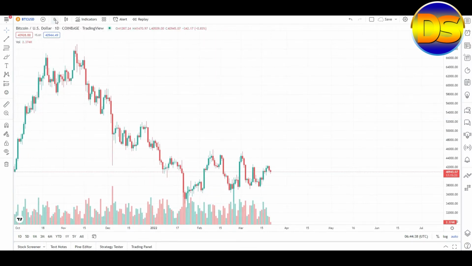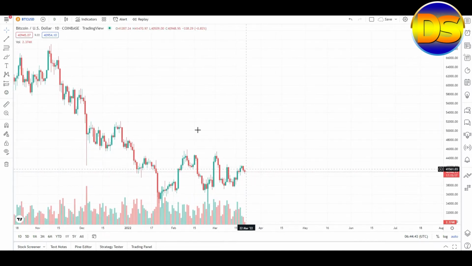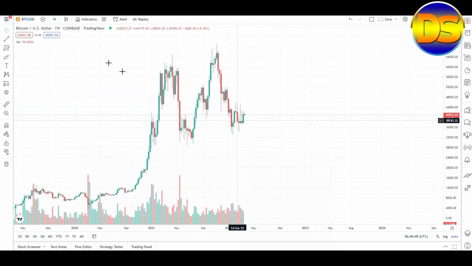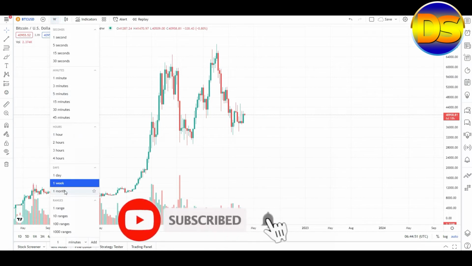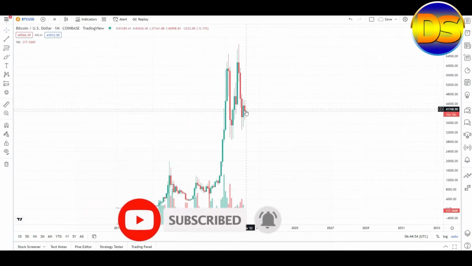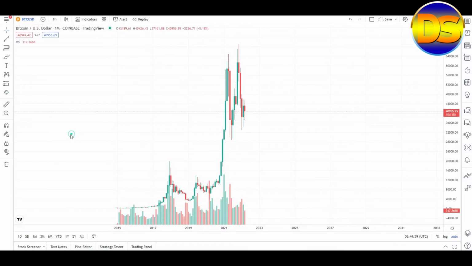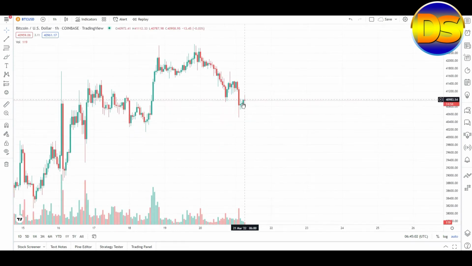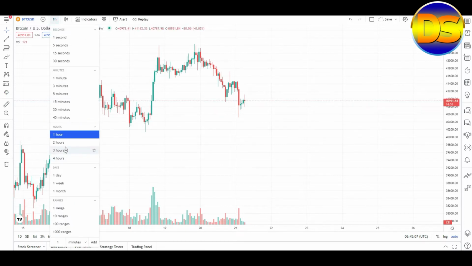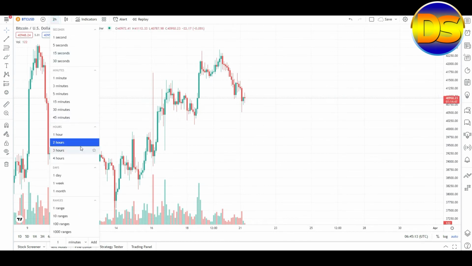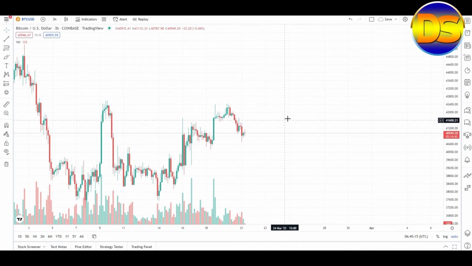Then I go to the 1-day chart. You look, the graph is going down, and if I go to the 1 week chart, this graph is going down. If I go to the 1 month chart, look, the graph is going down. If I go to the 1 hour chart, you can see the graph is going down, and I go to the 2 hour chart, this graph is also going down, and if I go to the 3 hour chart, this graph is going down,